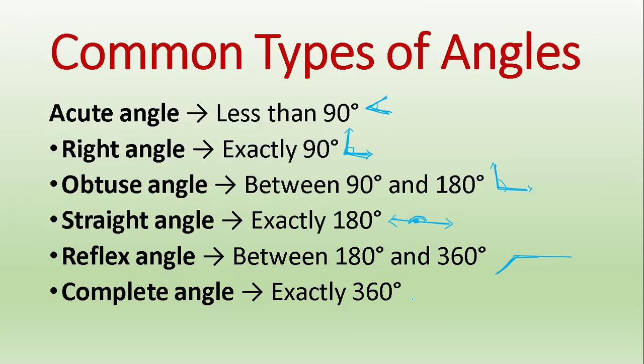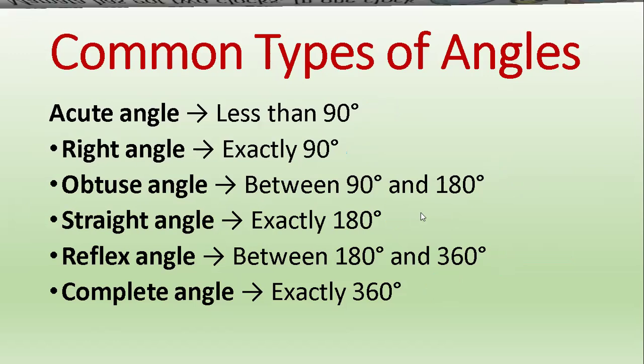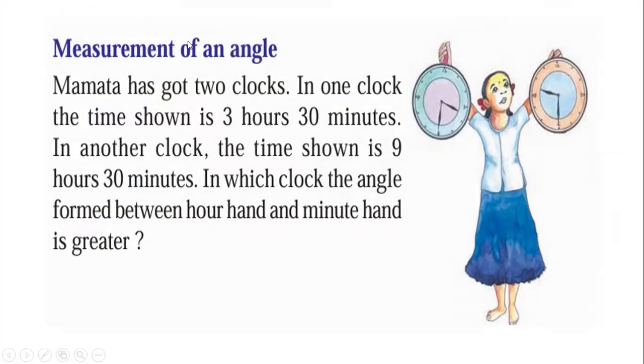Complete angle: 360 degrees. That means it looks like this. This is a complete angle. One complete angle is 360 degrees. Next, measurement of an angle in a clock. See,